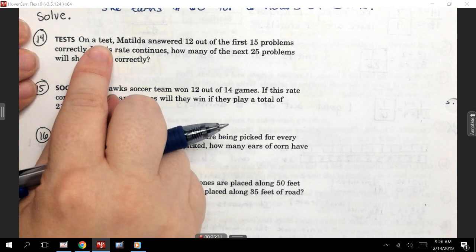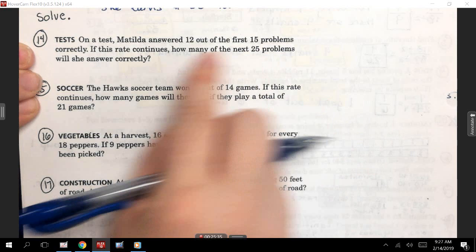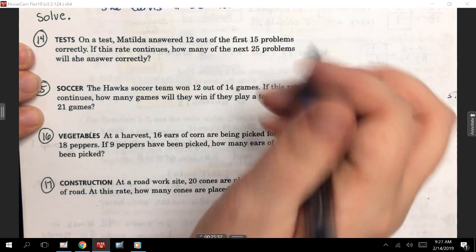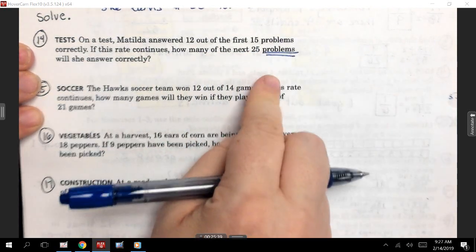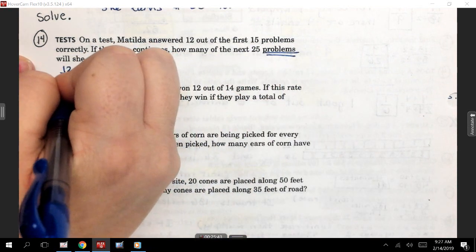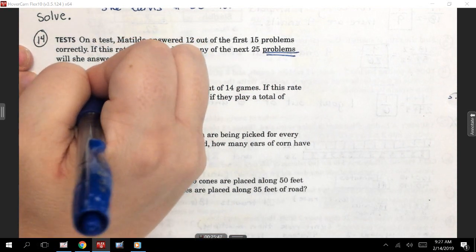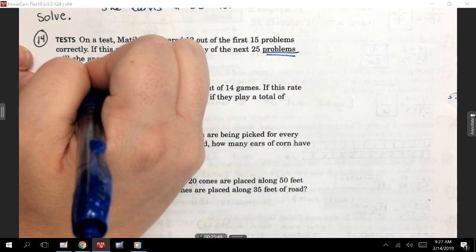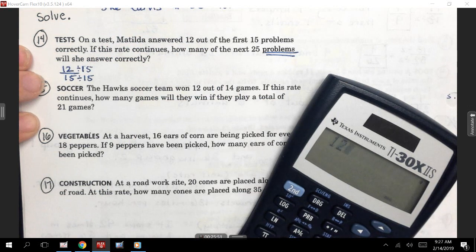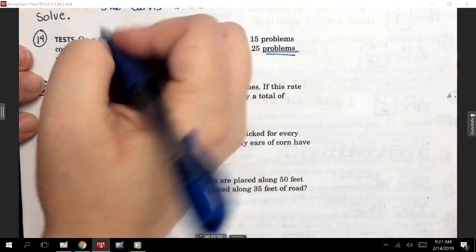All right, guys, please don't pack up. On a test, Matilda answered 12 out of the first 15 problems correctly. If this rate continues, how many of the next 25? Do you see how it's asking about problems? That means problems goes on the bottom, so I put 15 on the bottom. Step 1, this is where we do that dividing, make it a unit rate. 12 divided by 15 gives me 0.8